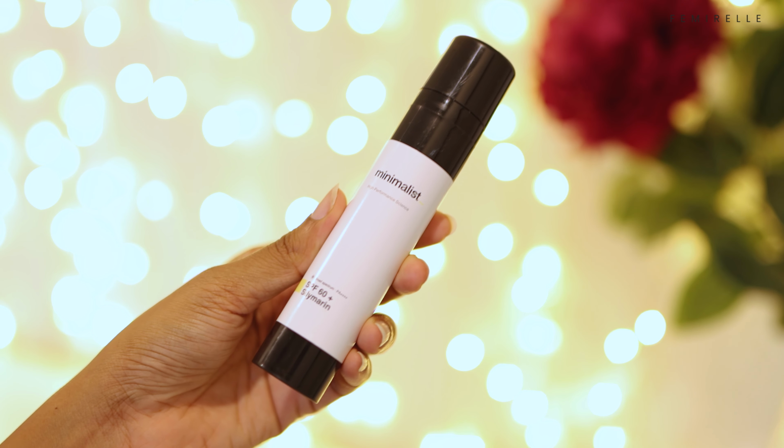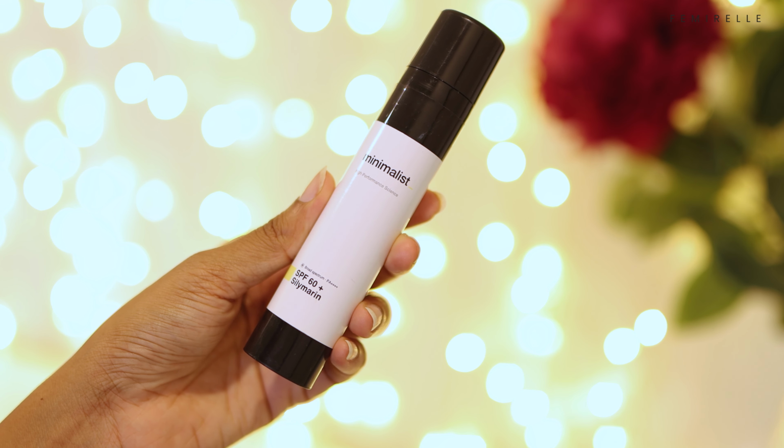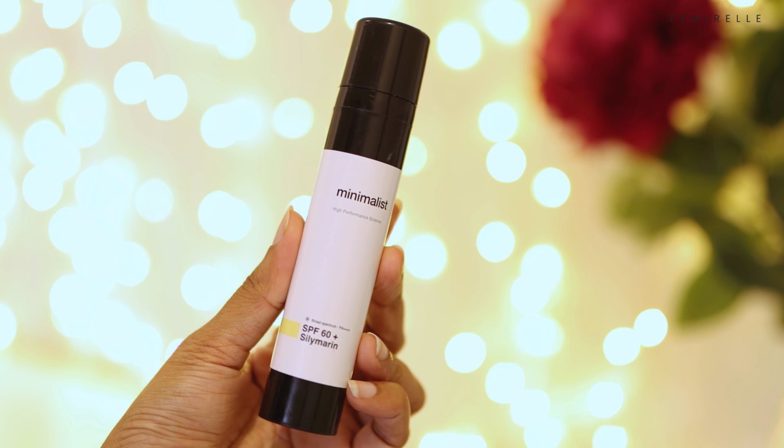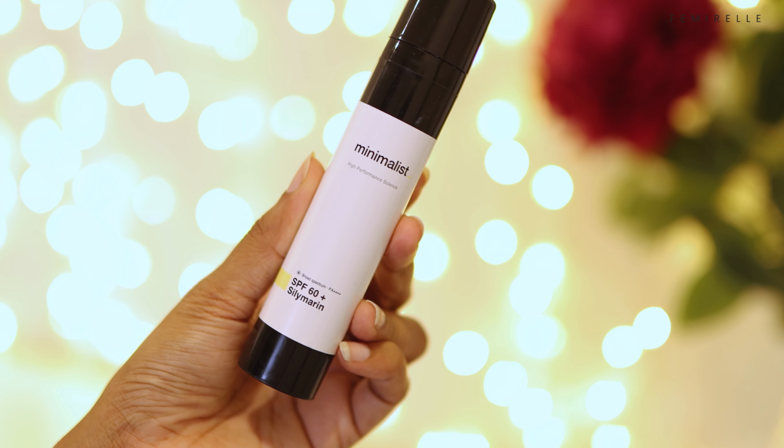This is the sunscreen which is the SPF 60 plus Silimarin sunscreen. I hope I'm pronouncing it right. So this also has PA++++, and this packaging is not there anymore. They have changed the packaging, but I got it almost like last year, so that's why I have this one still. It's really good. It's a bit little thick, I would say, and it stays for a very long time,